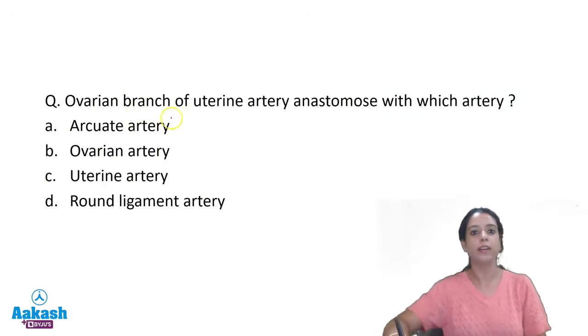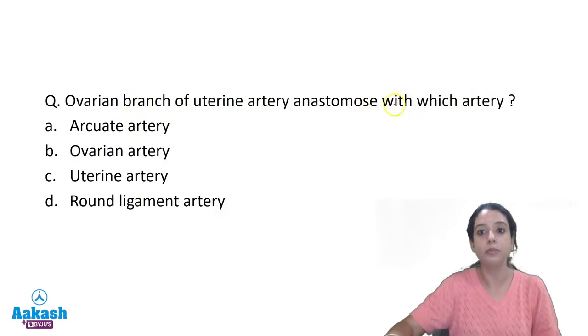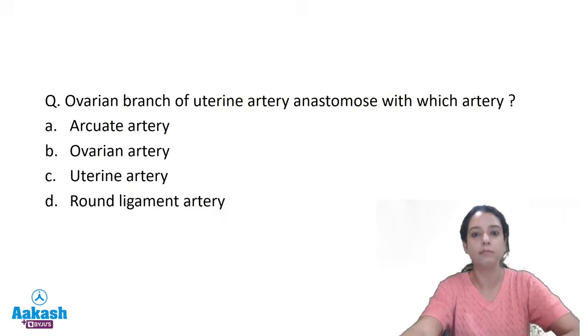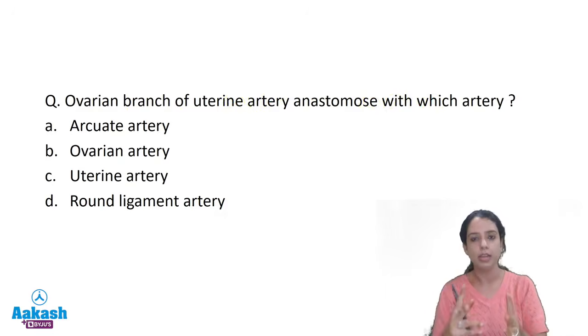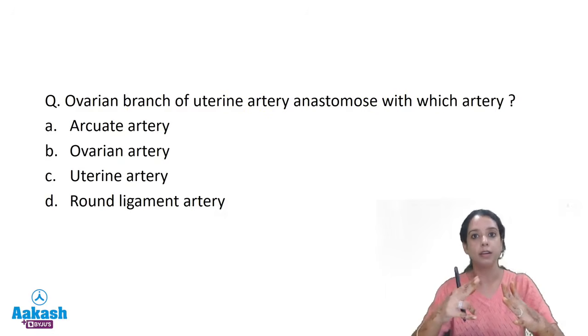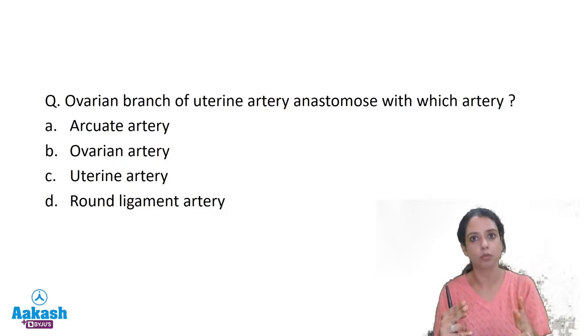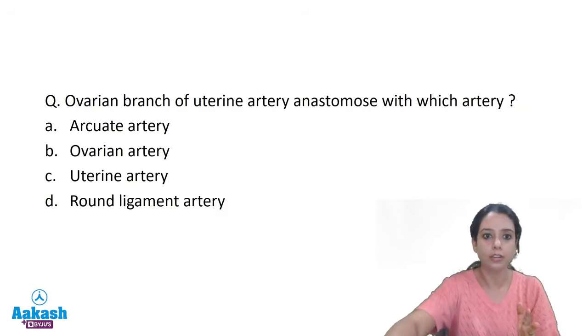Next question was: the ovarian branch of uterine artery anastomoses with which artery? This was a little weird question, but for this you need to know the anastomosis of the ovary. Why is it important? Because when you do hysterectomy and you are ligating the ovarian ligament, you have to know which bleeding vessels you are ligating. Which vessels are you securing? You are actually securing